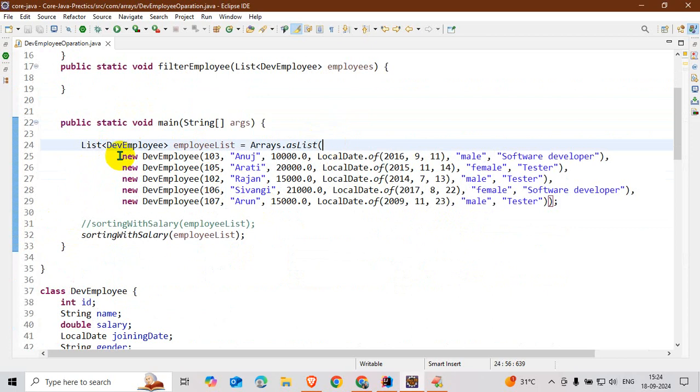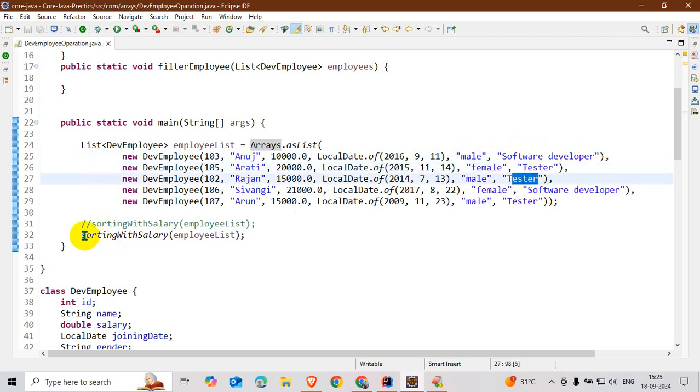In the main method I created a list of employees, adding them with Arrays.asList and new Employee, where here is the id, the name, the salary, the local date and time, the gender, male or female, and the job role, software engineer, tester, software engineer, like that.